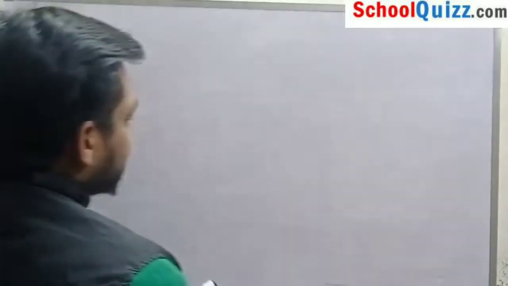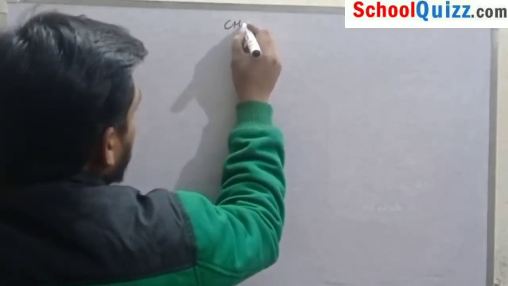What is a compound? As I have already made two videos on our topic, that is matter around us pure. In the first video, I have discussed the introduction, what is a pure substance, and what are its classifications. And in my second video, I have discussed what is an element and what are its classifications. Now I will discuss the second classification of pure substance, that is a compound. So let's start, students.